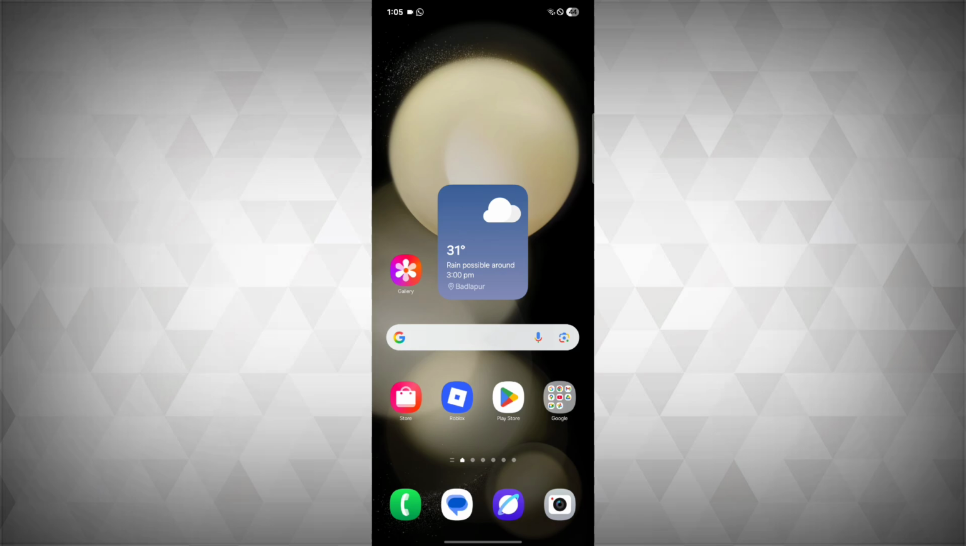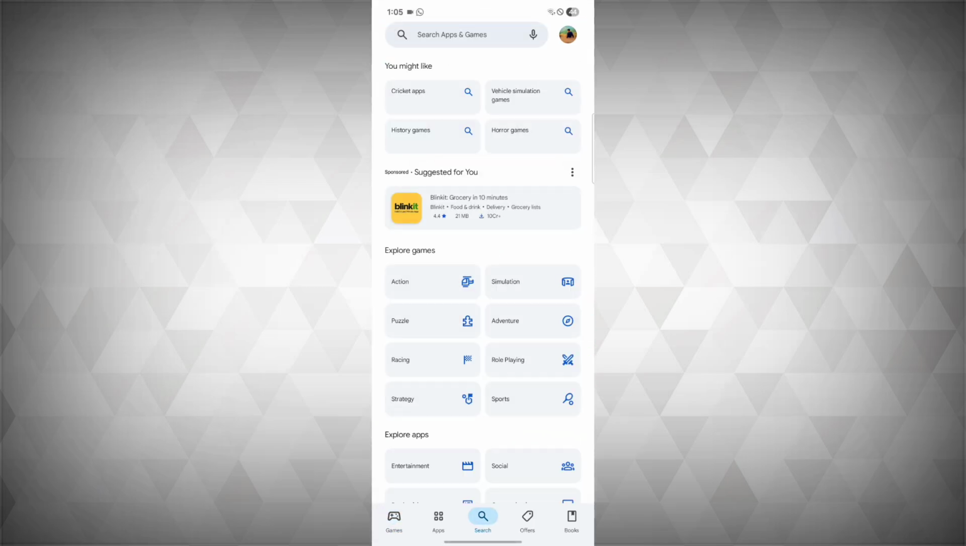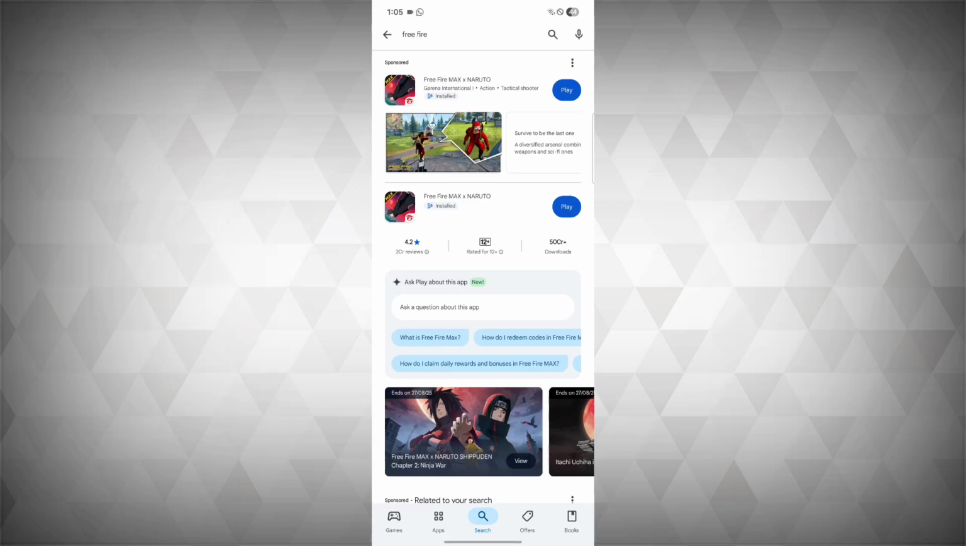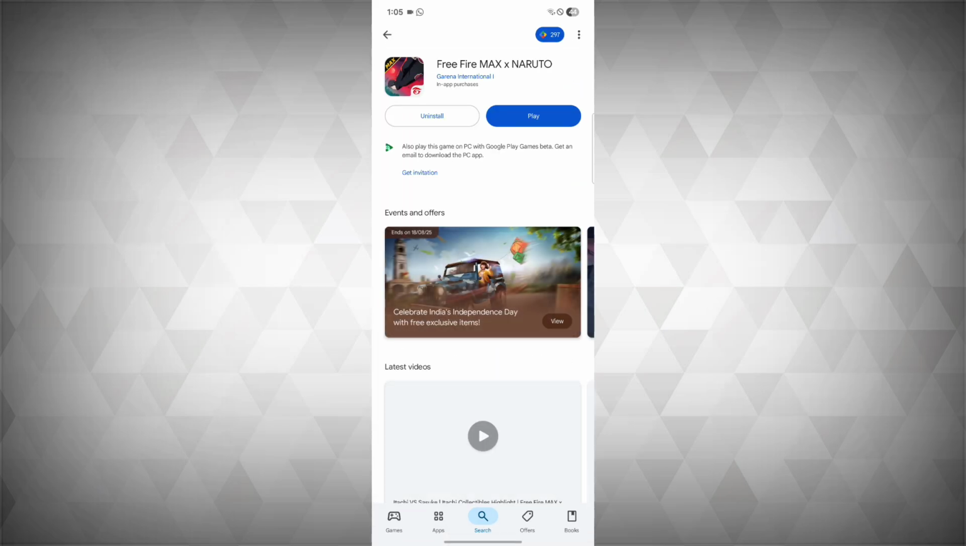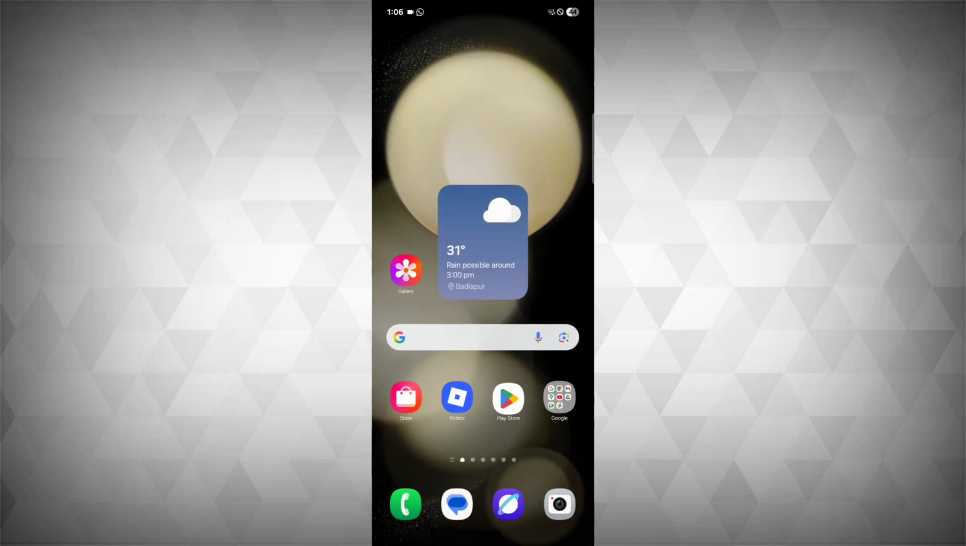If it is still not solved, then go to the Play Store, search for Free Fire, and check whether there is any update or not. If there is any update, update your Free Fire. But if after doing all this your problem is still not solved,